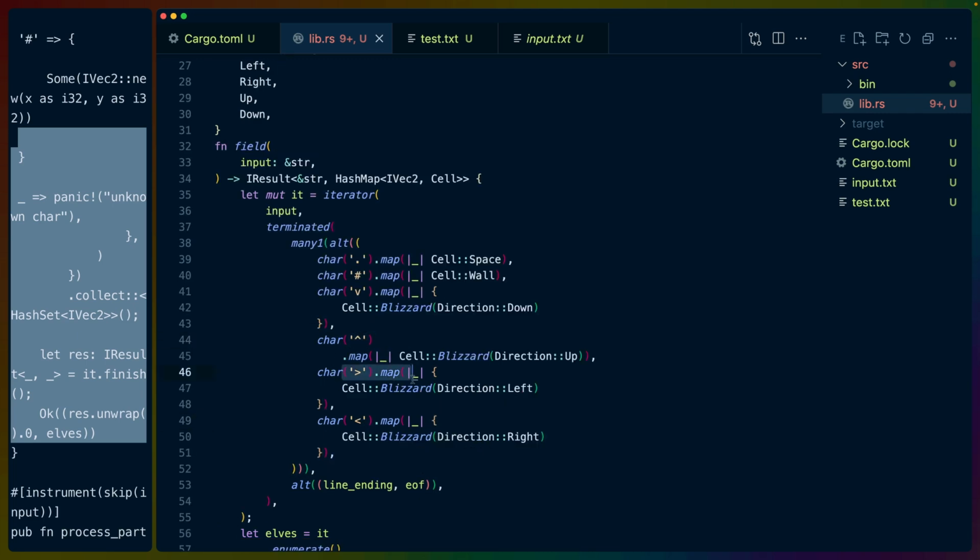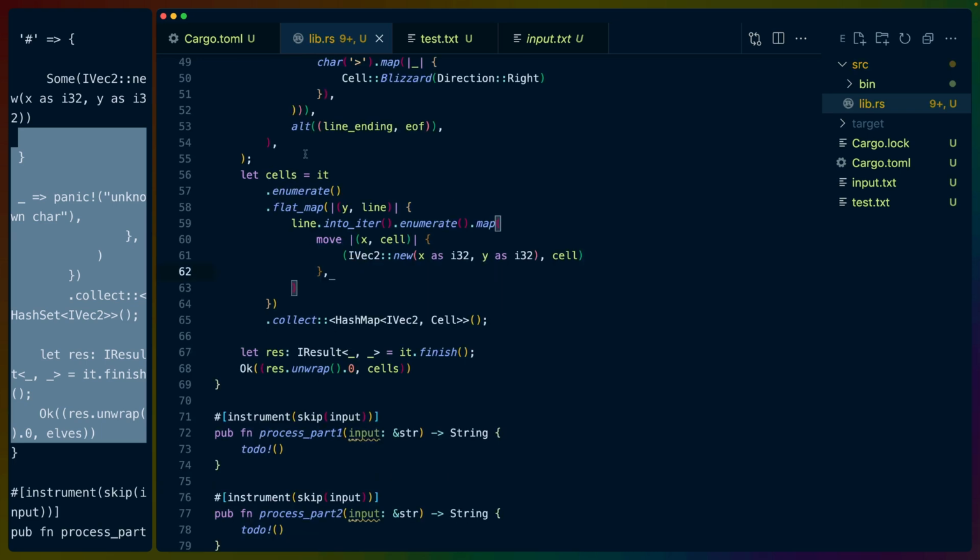All right, so we've got up. This is supposed to be right. Well, I can change either of them. I'll go left and right like this. So down, up, left, right, dot and hash, terminated in line ending or end of file. So if we iterate over everything with enumerate, we flat map, we into_iter enumerate, we get X, Y, and